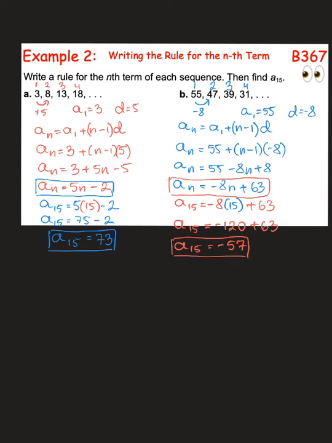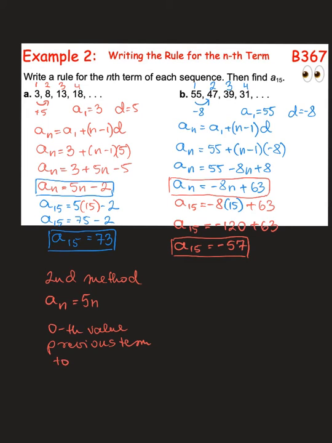There is another way to find these. I'm going to show you a second method on the first problem. So the second method would be a sub n equals the common difference, which in our case is 5. So the rate of change is 5 times n. And if I want to find the 0th value, in other words, the previous term